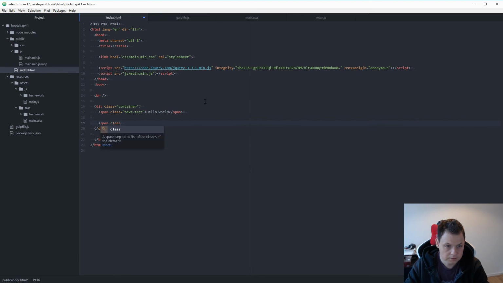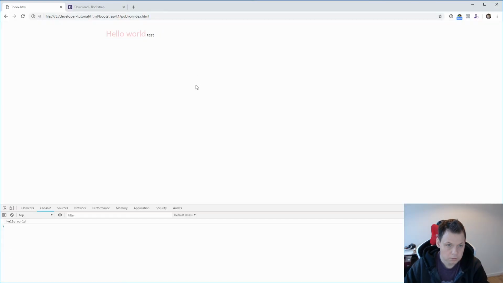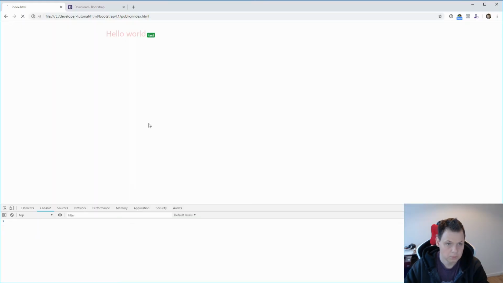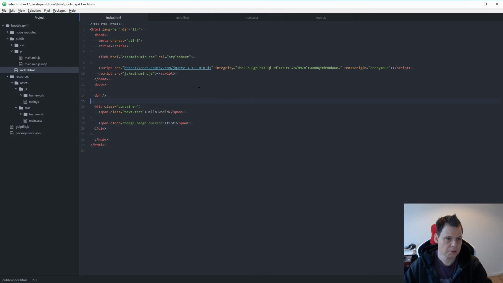Span class packets. It is actually working. So this way you can use Gulp and Laravel Elixir on